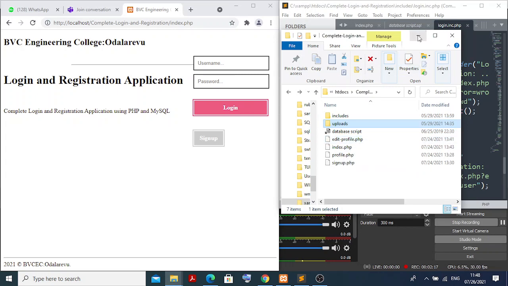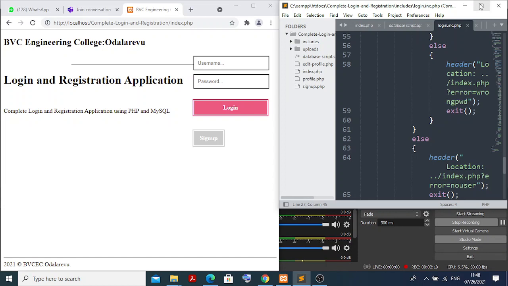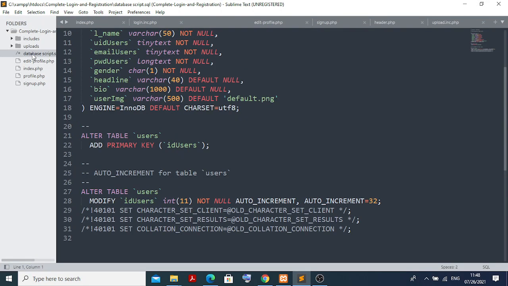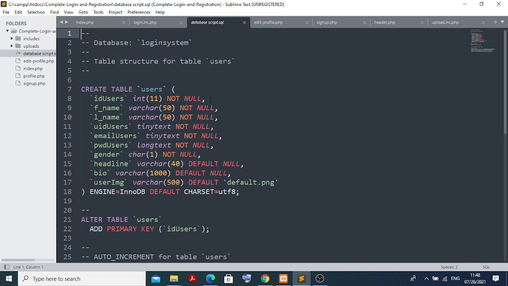And with this we proceed to the database, because the first and most important thing that we need is to create a database. For creating the database, you can see it here. This is our database, and for my database you can create any name, but you have to remember the name, login system. And here I created a table, the table name is users. In this users table I created the ID, which I put as the primary key, 1 2 3 4, automatically increasing.